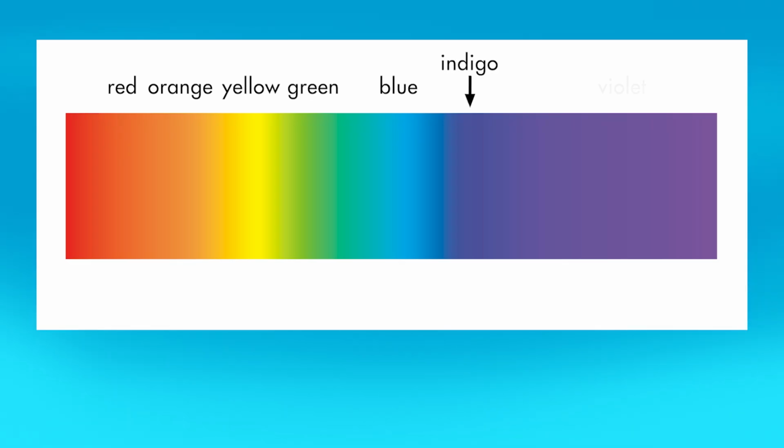blue, indigo, and violet. Indigo has such a narrow range of wavelengths that it is difficult to distinguish it from blue or violet. For this reason, many physicists omit indigo and replace it with cyan, which is a color between